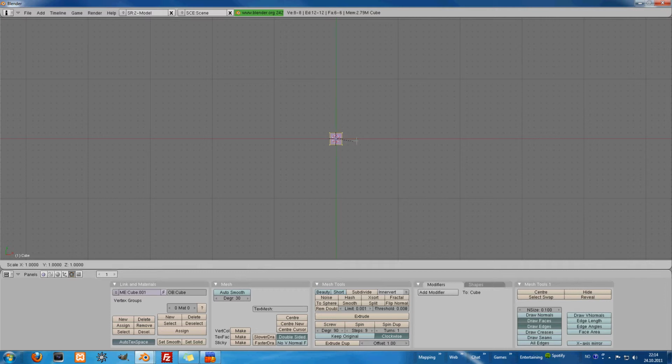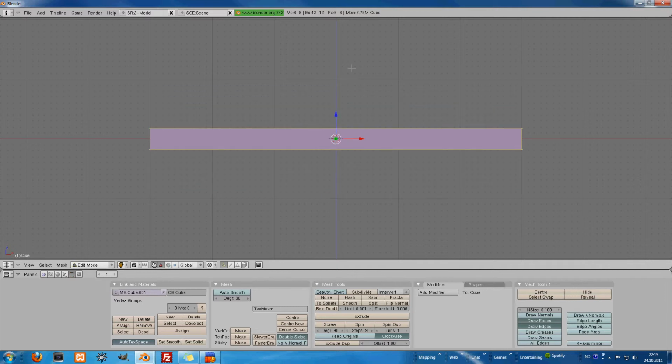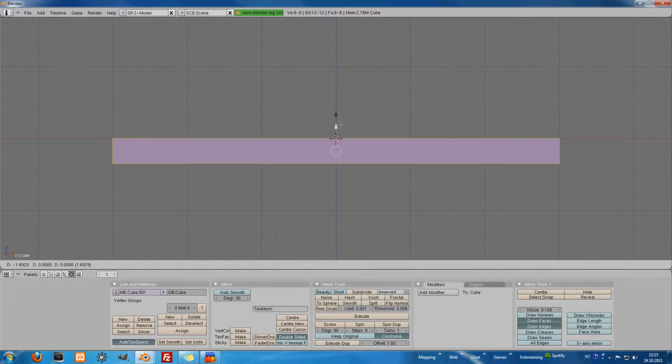So first press S, then press the mouse wheel, and I'm going to drag it till it fits. It's going to be right there. I'm going to press S again. I'm going to drag it to almost like around there. Then I'm going to press 1 to take it to side view, and I'm going to move